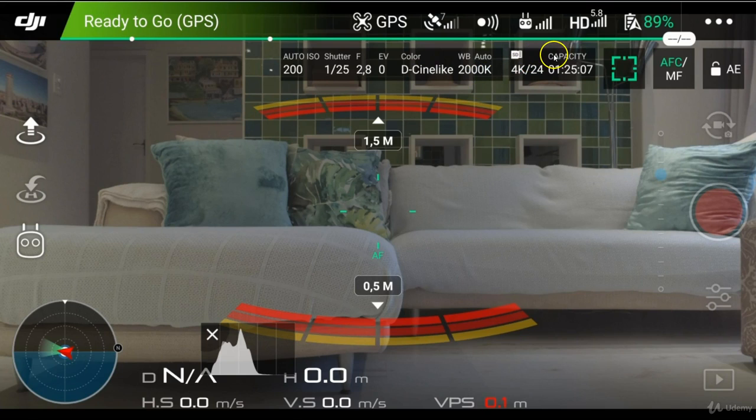The SD card capacity is showing that for our video profile of 4K 24p we can shoot an hour and 25 minutes. So it's quite useful to be able to look at the top of the screen and see what's going on. Okay, so a quick way to access your exposure settings and make changes while you're flying is to